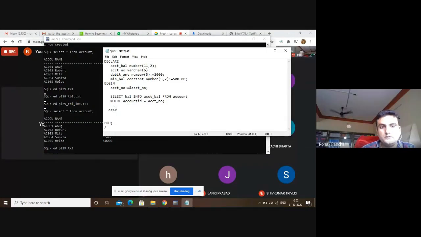ACCT_BAL := ACCT_BAL - DEBIT_AMT. The debit amount is 2000 rupees. Whatever your account balance is, minus 2000; suppose 5000, minus 2000, and you will get 3000 rupees in account balance, right?